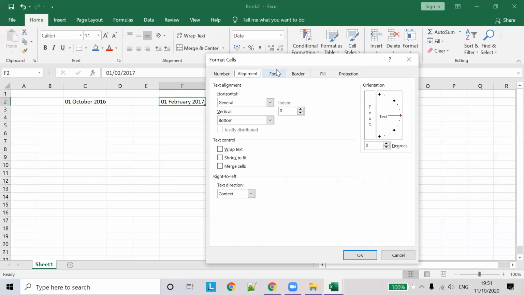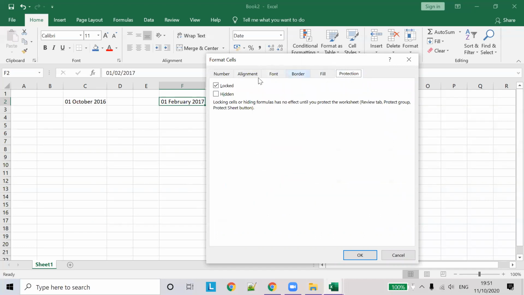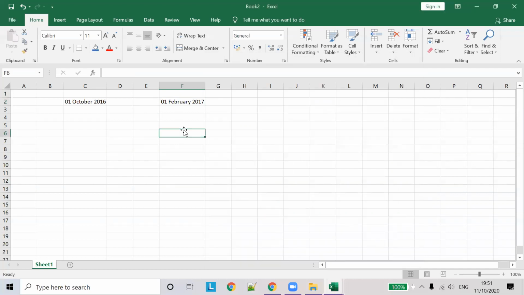Similarly, different formats can be applied to different data. If it's a number, let's say 23.1234, after the dot there are 4 decimals.